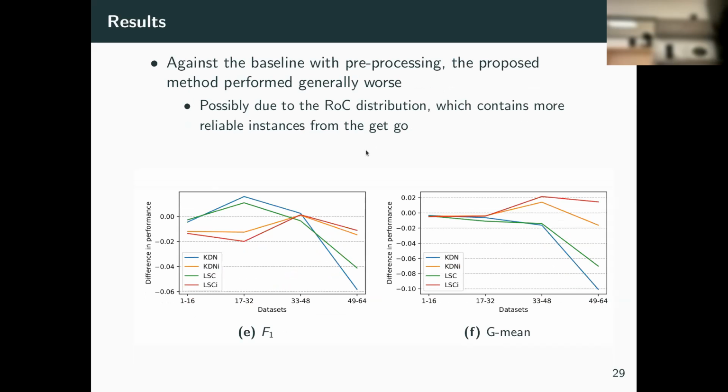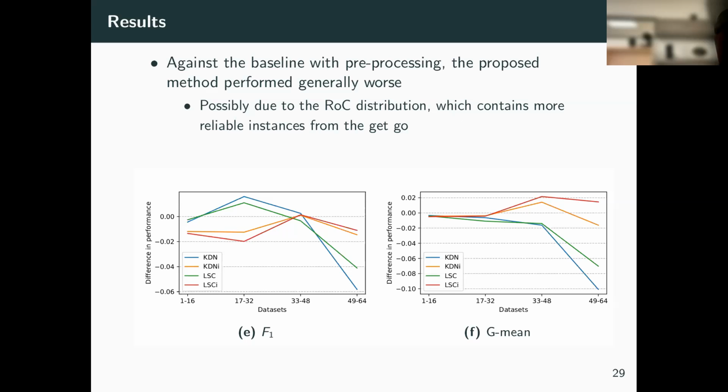Okay, so now we investigate how our technique compares with the baseline with the preprocessing technique, which removes local class overlap. We can see that our technique wasn't that good compared to using the edited nearest neighbors. We believe that